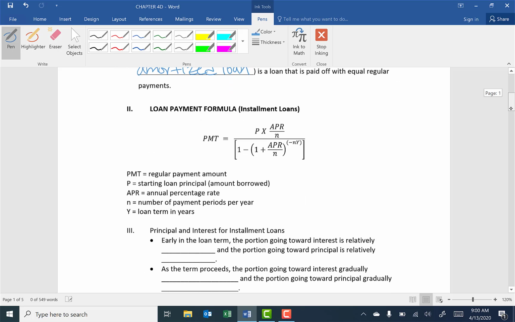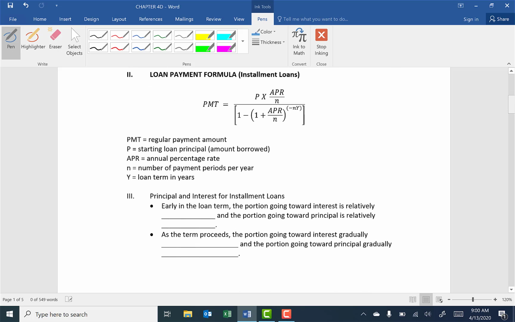Okay, so let's move down here a little bit. And here's our formula. This chapter is all about using different formulas in budgeting, in interest and savings accounts, and now in credit cards or loan payments. And loans can be a lot of things. It can be a mortgage for a house. It can be credit card debt. There are many kinds of debt that we have to pay off. Why do we borrow the money? Because, for instance, a home, a mortgage, nobody has that kind of cash laying around. So usually you take a mortgage out for 30 years or so for your home to pay it off in regular installment